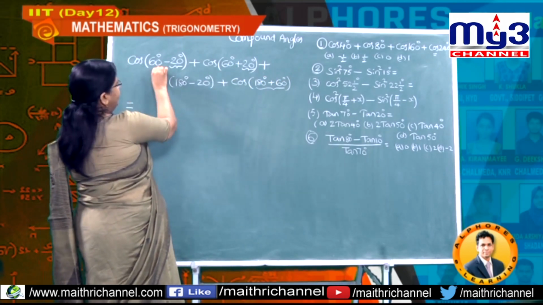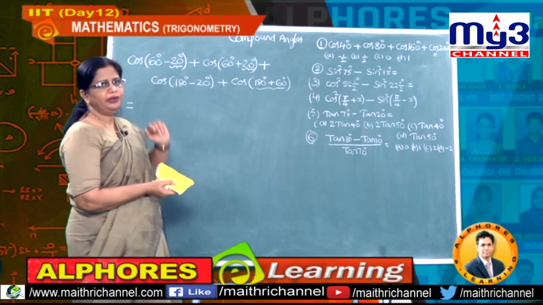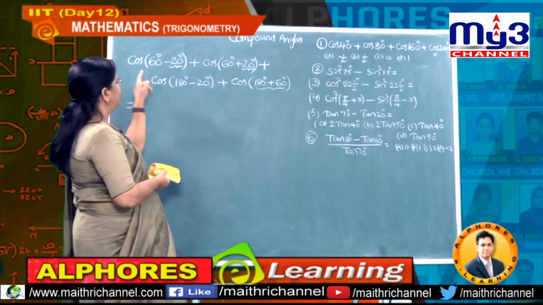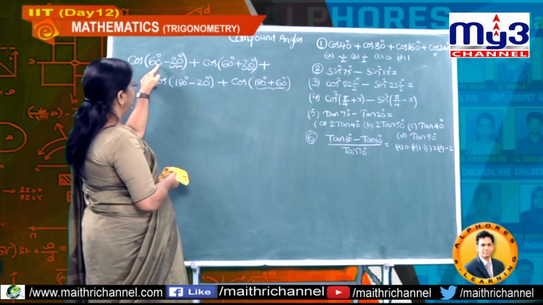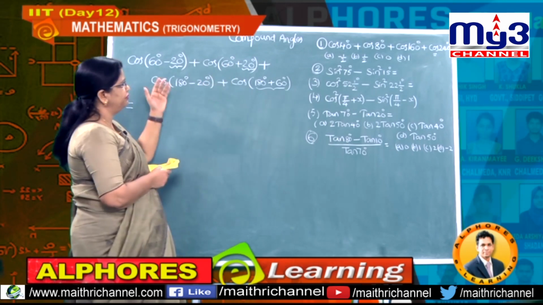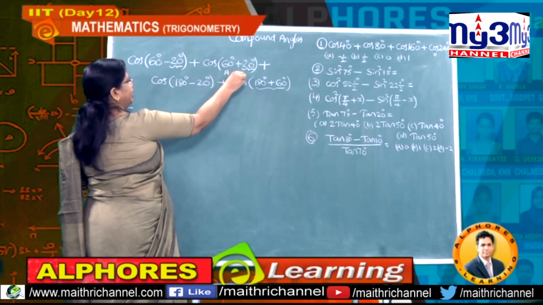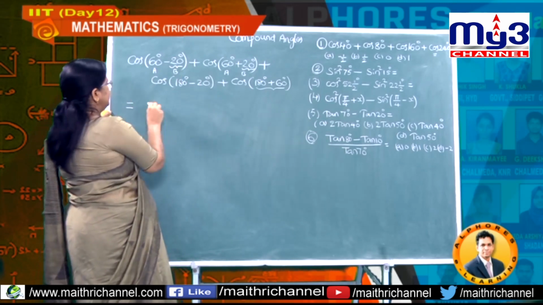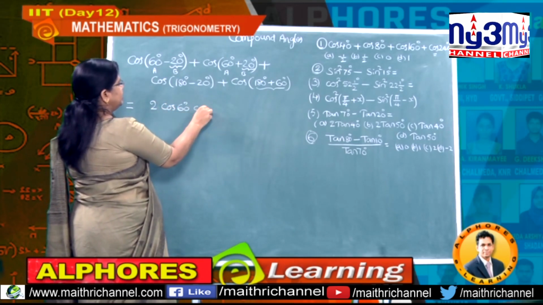Now what is this value actually? 60 degrees only you know, but it is along with a compound angle. I already told you, you should not multiply, this is a function. Don't write immediately cos 20 minus cos 20. Understand? It is absurd. So what you have to do, this is of the form cos of A minus B plus cos of A plus B. So with practice you can identify what are the combinations. Now this is A plus B, and this one is A minus B. Therefore this is nothing but 2 times cos A cos B. So cos 60 degrees cos 20 degrees.